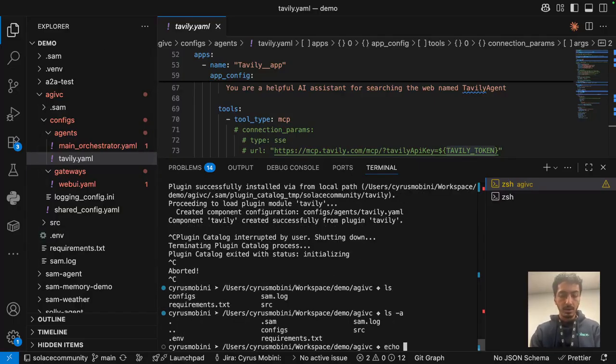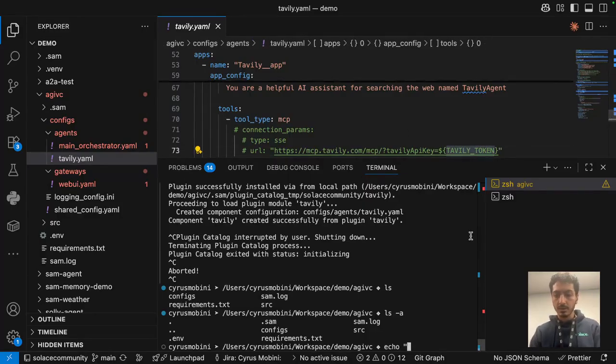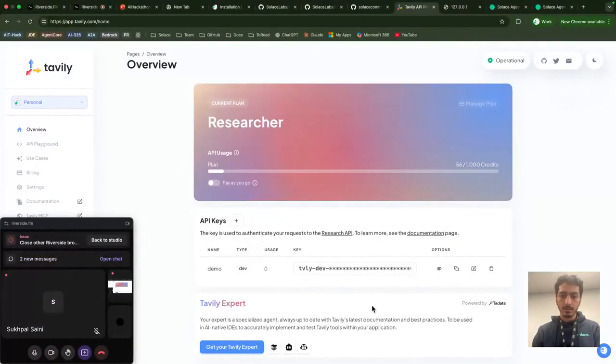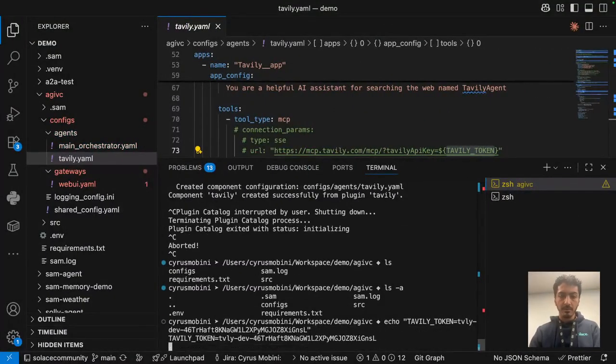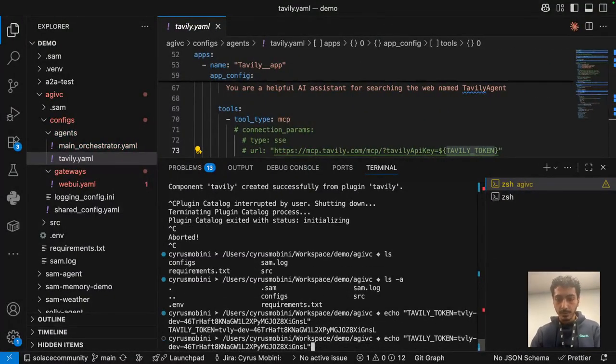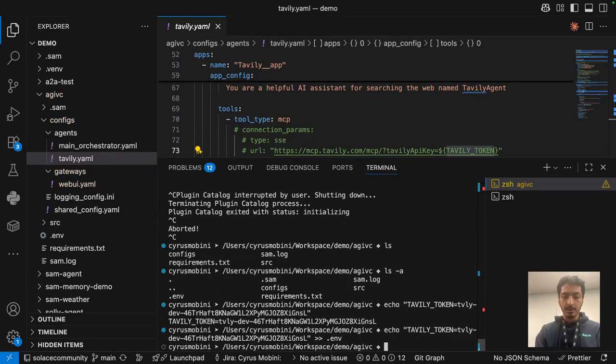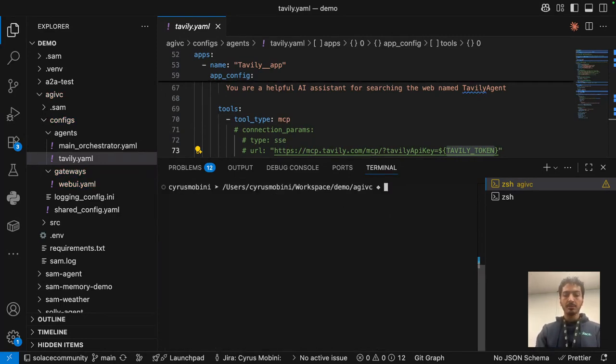I'm just going to do echo, and what is this called? Heavily token equals, paste. So I'm just adding that to my environment variables, to the env. So added it there. And now let's just do the run. That's it. Let's see what the system does.